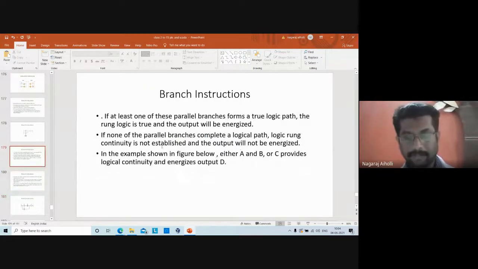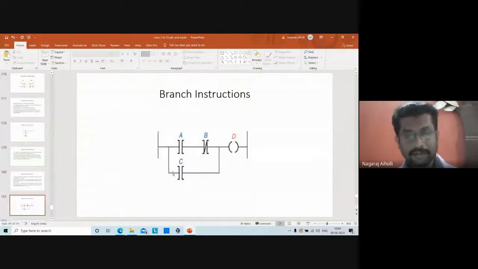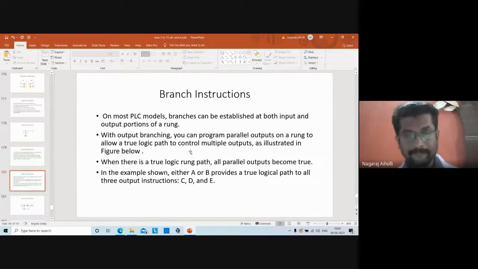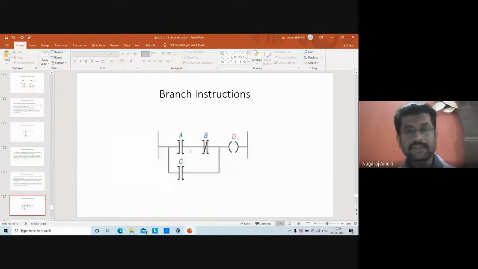If none of the parallel branches complete a logical path, the same point is repeated again. Here we are using a parallel branch. If the continuity is not established, if there is a false condition at the input, then there will be no turning on of the output. If the condition is true, then there is logical continuity from this to this, then to the output, or from here to here through C to the output.